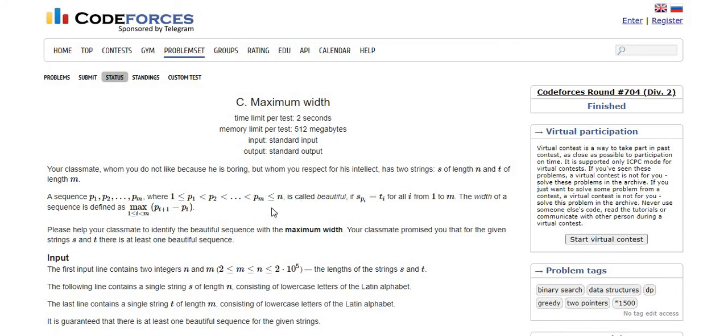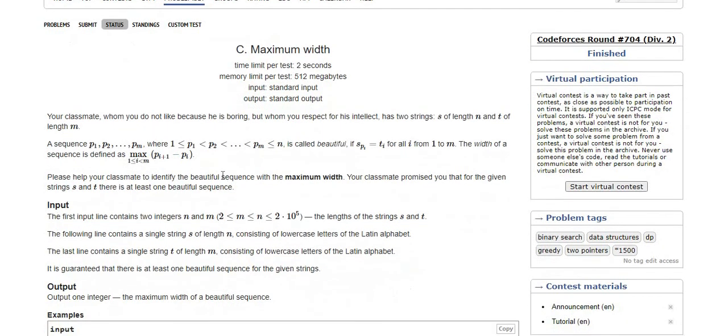And of course it was the top down approach, and I tried to solve it without the bit masking technique. It was the general standard dynamic programming approach I followed, but it failed, though it was giving the correct answer for most of the test cases. The only thing is the fifth test case has the larger constraint, so it was not passing, and I couldn't move to the next test cases as per the Codeforces standard, okay.